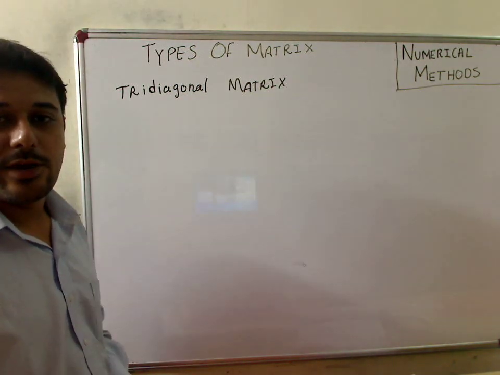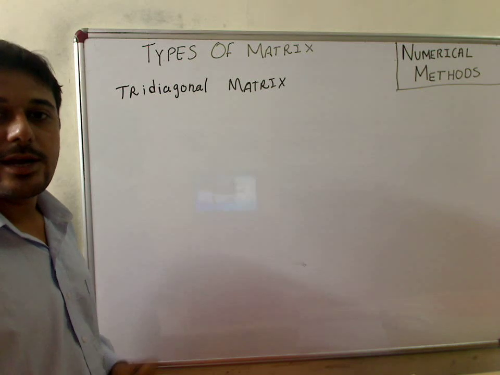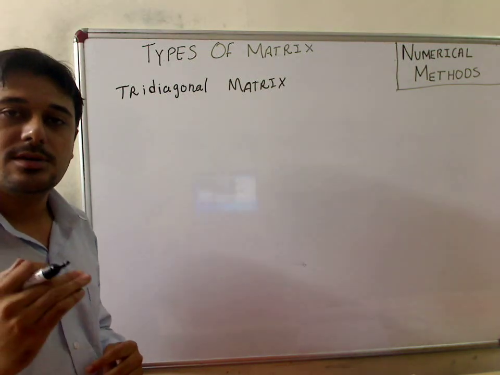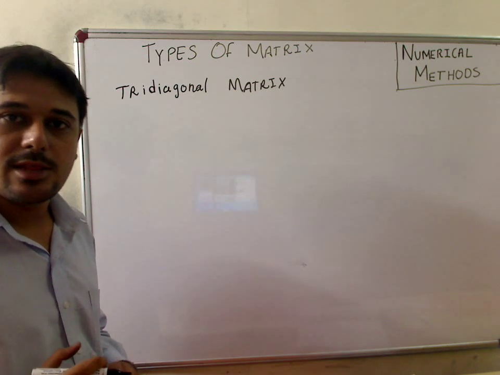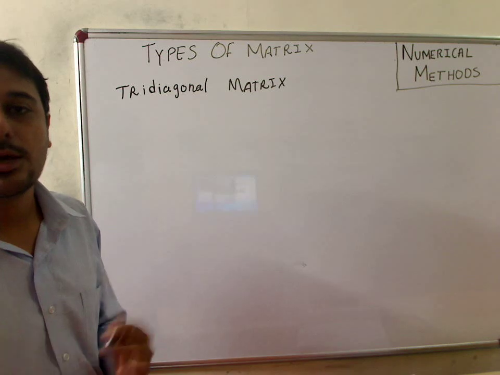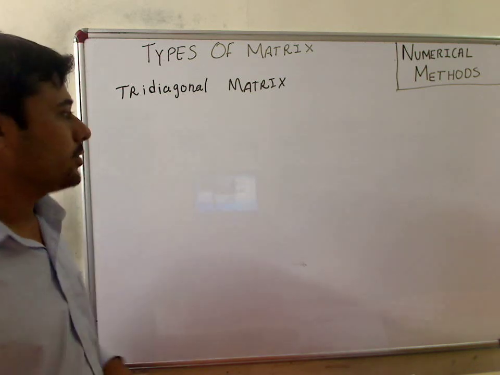Let us study tridiagonal matrix. Tridiagonal matrices are matrices where the elements above the diagonal, the elements below the diagonal, and all the diagonal elements are non-zero, and all other elements are zero. So what I mean is,